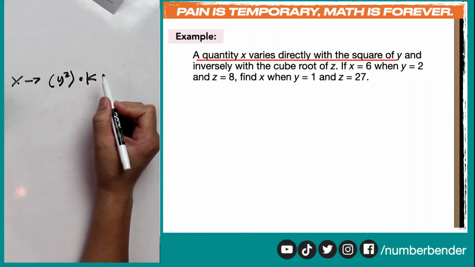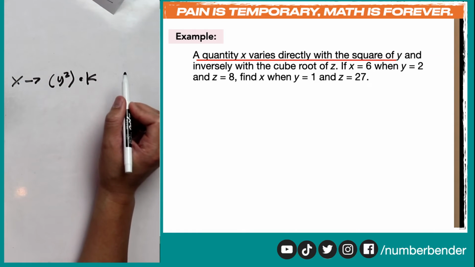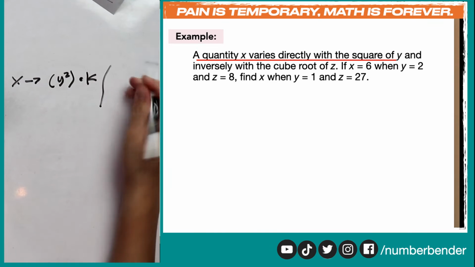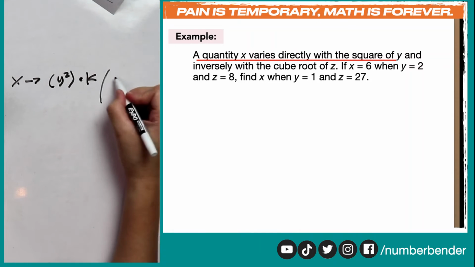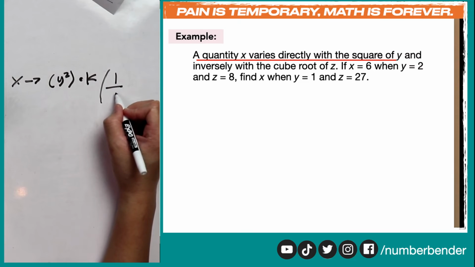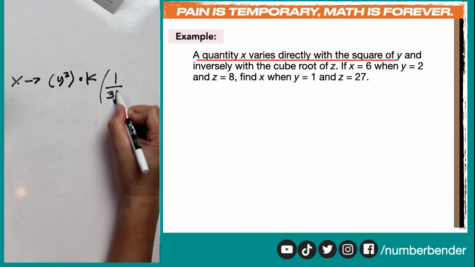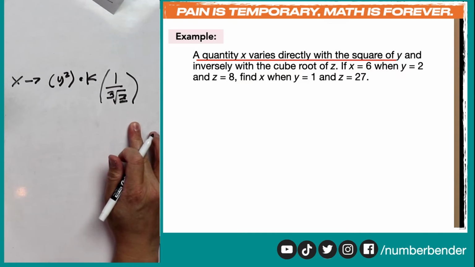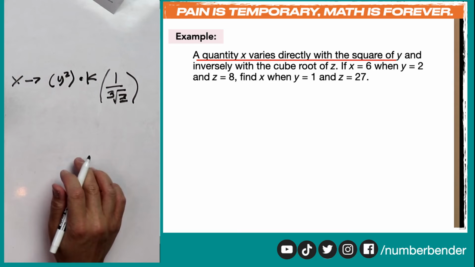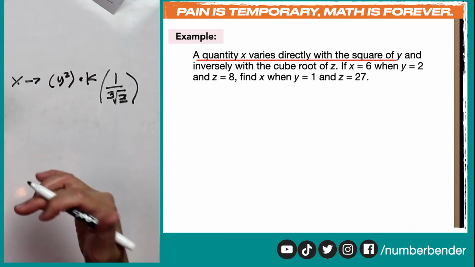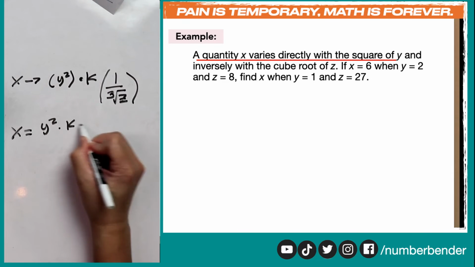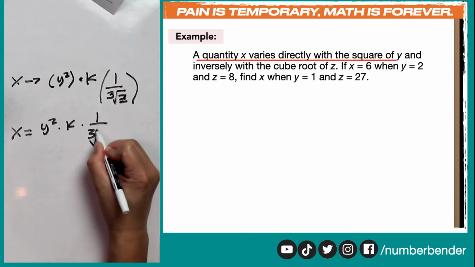There is another relationship in this word problem, which is inversely with the cube root of z, and we know that inverse means we're going to multiply by 1 all over the cube root of z. This is how we translate our verbal statement into its algebraic form. So we have x equal to y squared times k times 1 all over the third root of z,